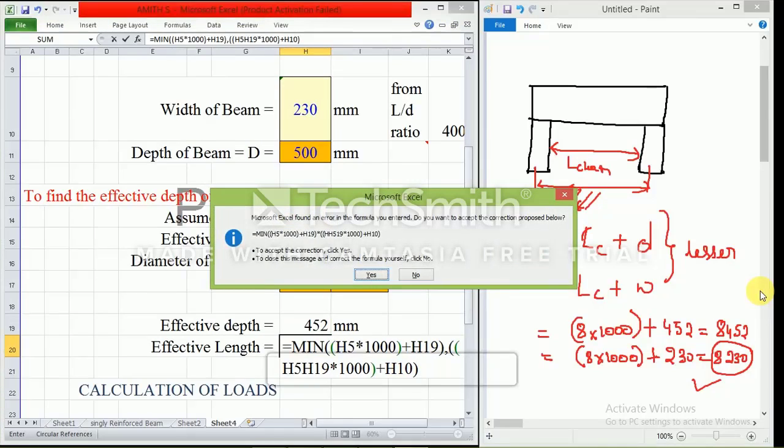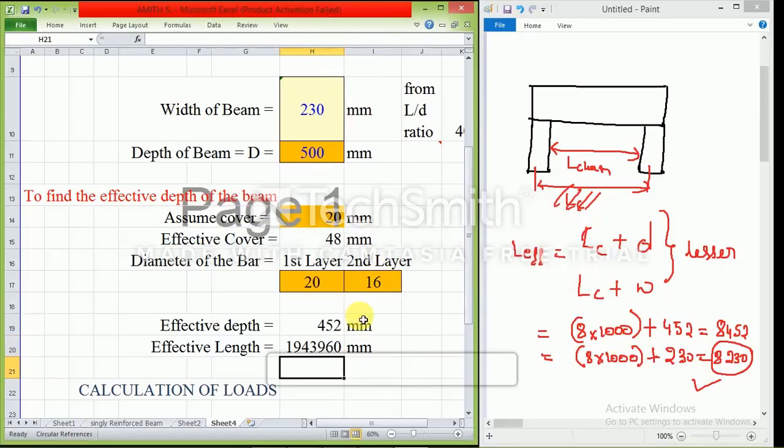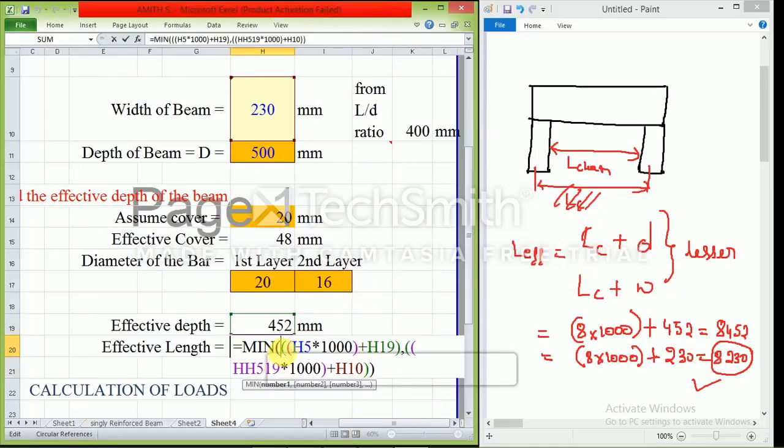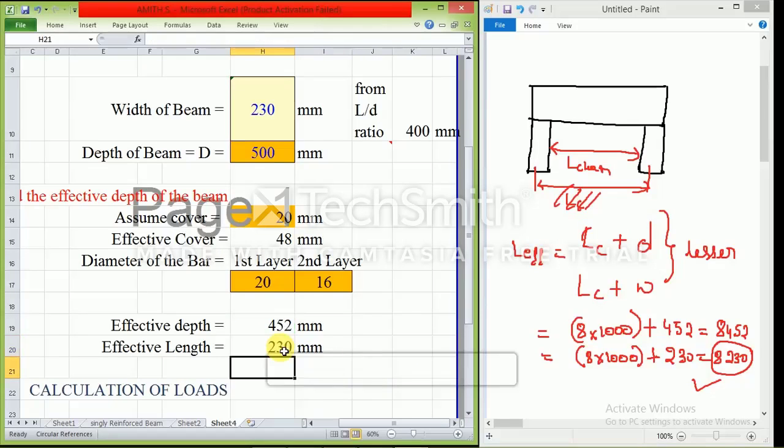I'm giving enter. See, there is a shortage of brackets. Okay, if I press yes, it automatically takes. Okay, fine. Here I am adding one more bracket. Everything is same. I am giving it enter. See, I am getting